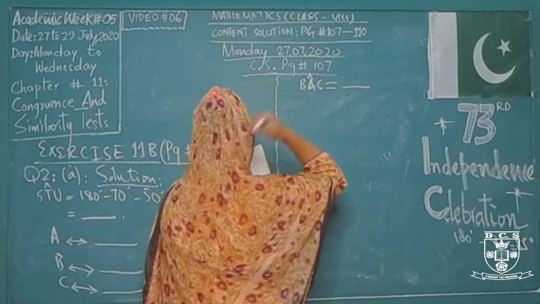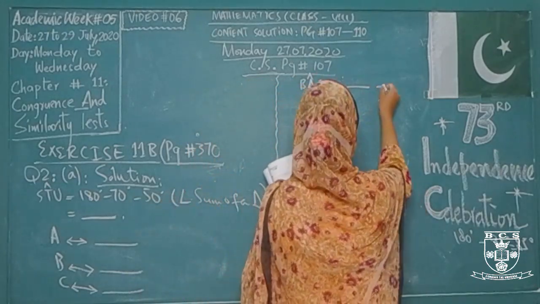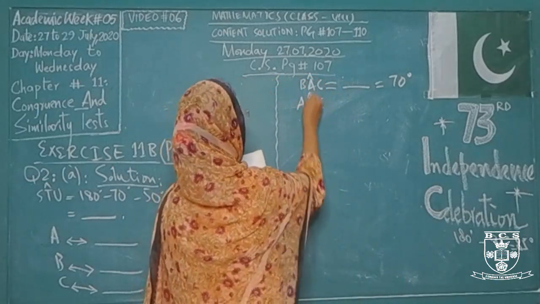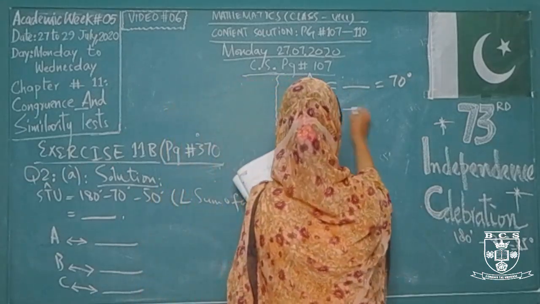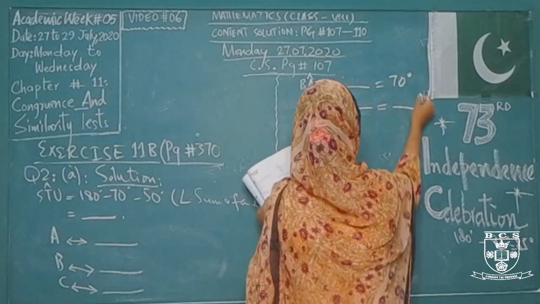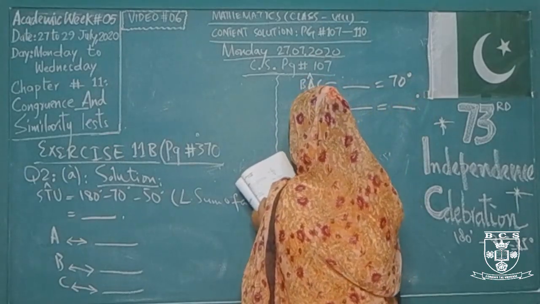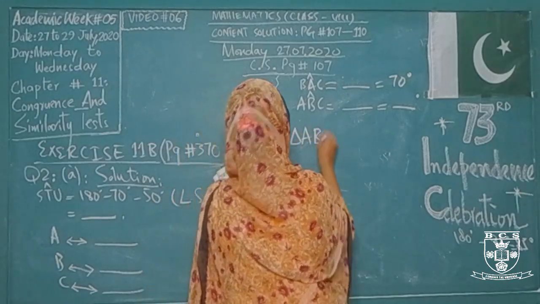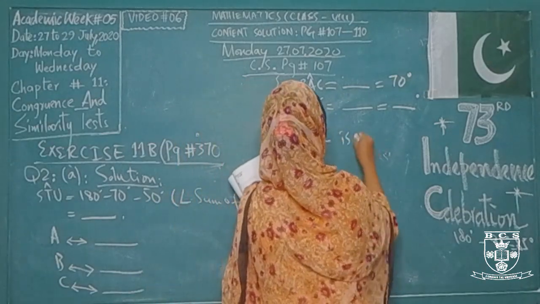Angle BAC is equal to 70 degrees. Then angle ABC is equal to... these two terms are missing. Then we also have an equation: triangle ABC is similar to triangle...